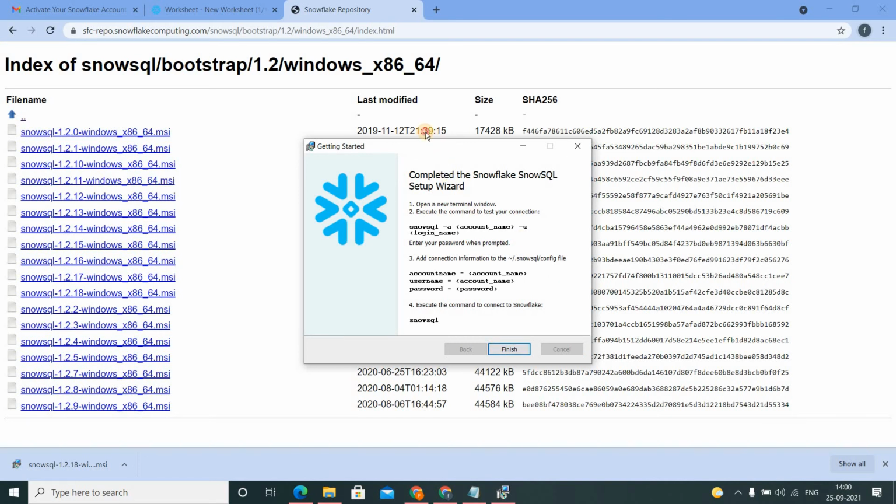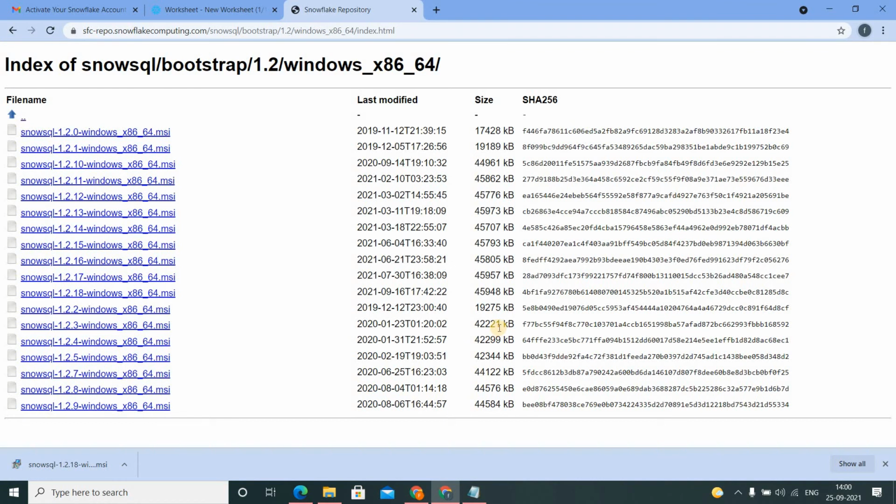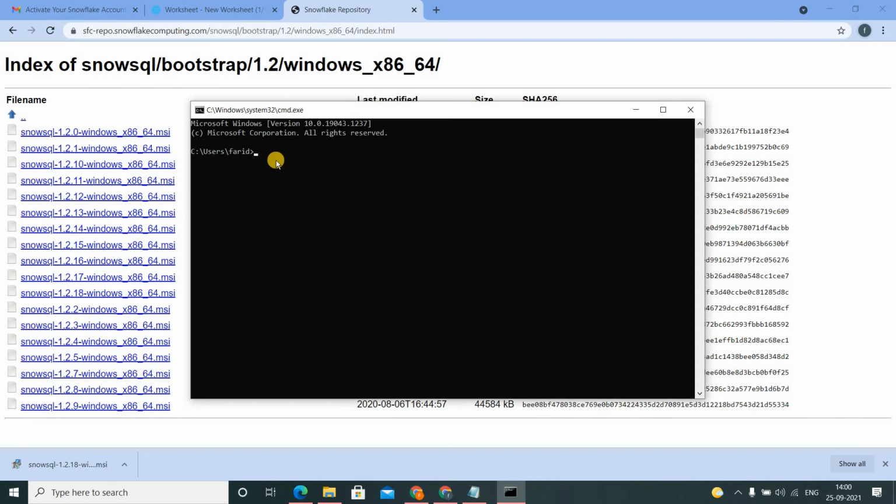Once you install SnowSQL on your machine, say finished. Now go to your command prompt. Here say SnowSQL.